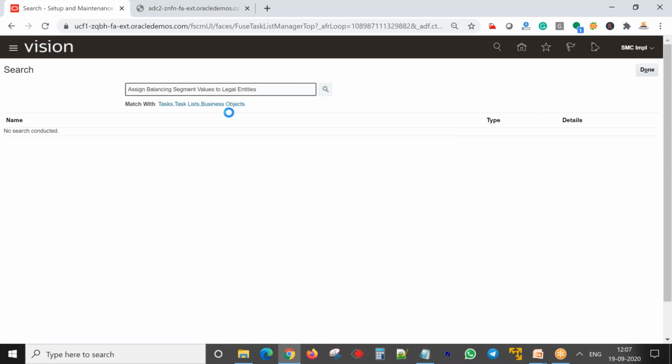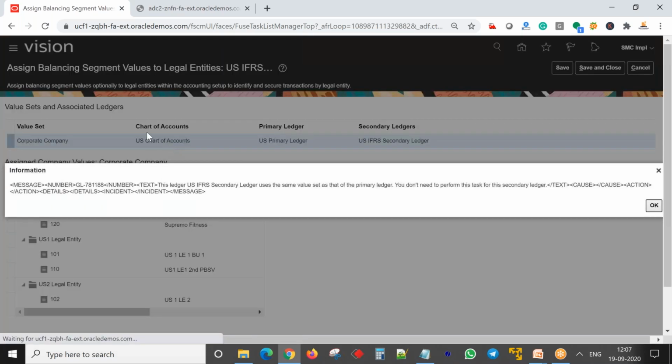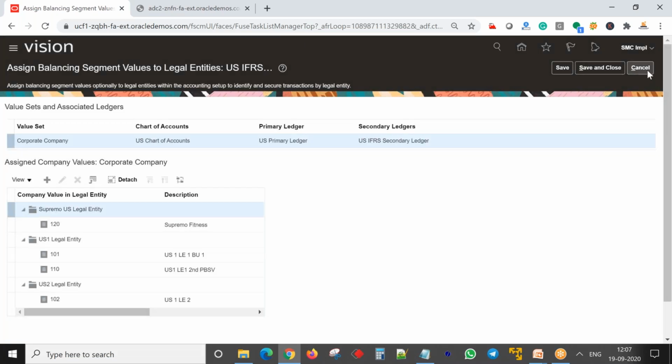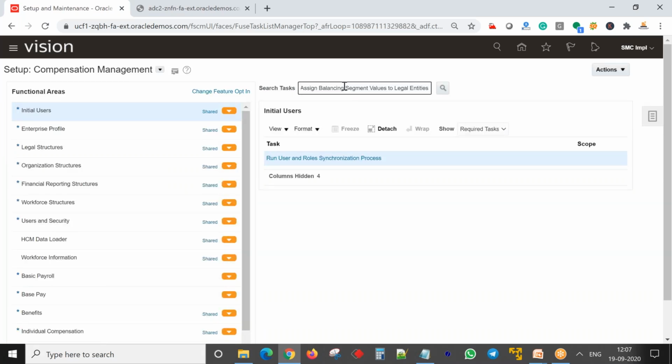As this task again, Anup, needs the context of a ledger, and here by default this is the ledger that is associated, so we will not be touching it. I'll say cancel, go back, and search for this task, that is assign balancing segment.